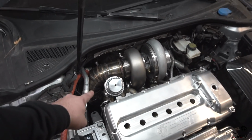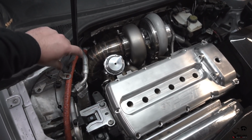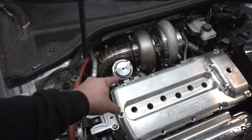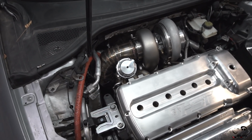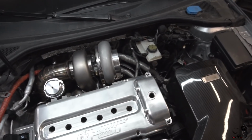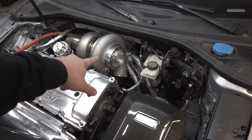And I also bought 1.75-inch pie cuts for the wastegate so we can route it into the exhaust. So I'm really excited to do that and see how I do it in terms of getting the flex on there. But let's make the intake. Let's make the 5-inch inlet for the turbo for the G42 1450, which is a massive